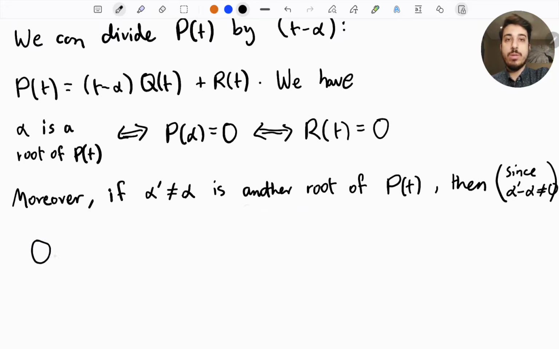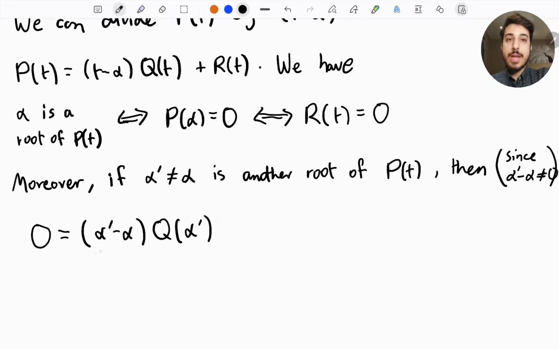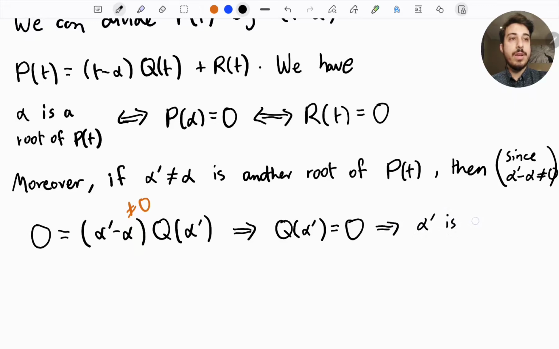So 0 is equal to alpha prime minus alpha times Q of alpha prime. Because alpha prime minus alpha is not equal to 0, and the product of these two numbers is equal to 0, this forces Q of alpha prime to be equal to 0. So this means that alpha prime is a root